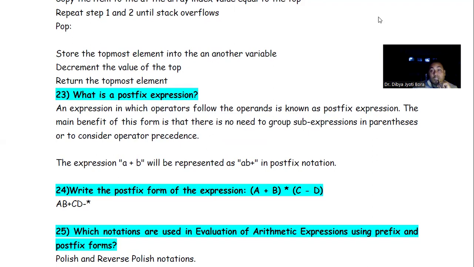You got it? We don't need parentheses here. Like A plus B, this is the expression. Now the postfix notation of A plus B will be, operators follow the operands, so AB plus. Plus is the operator, and the operands are A and B.